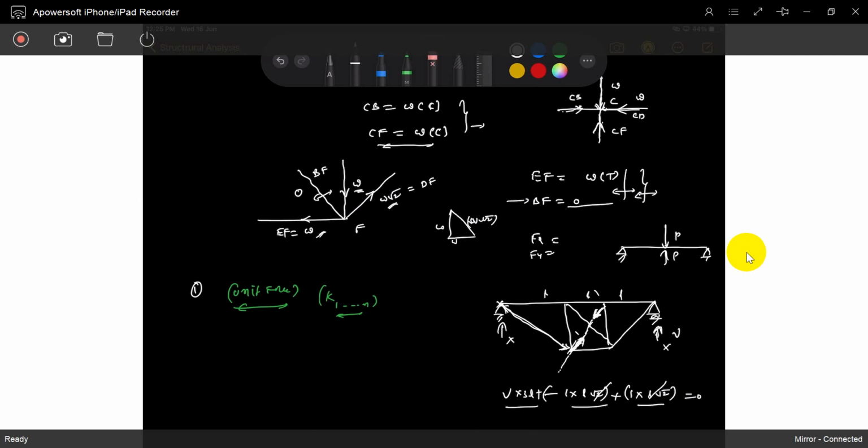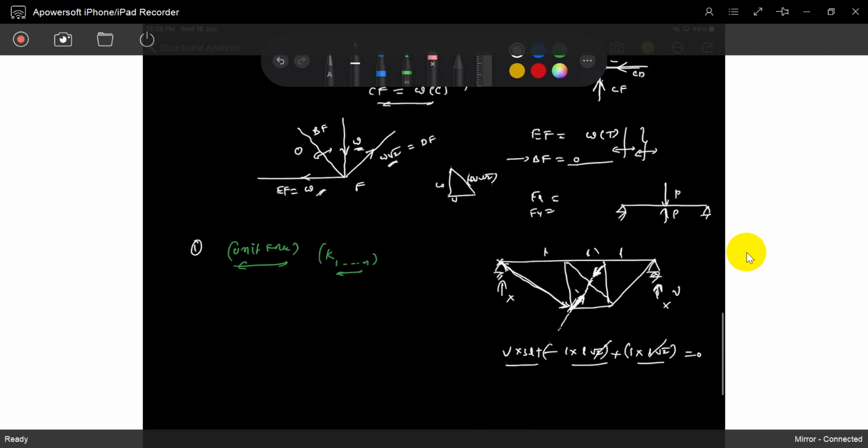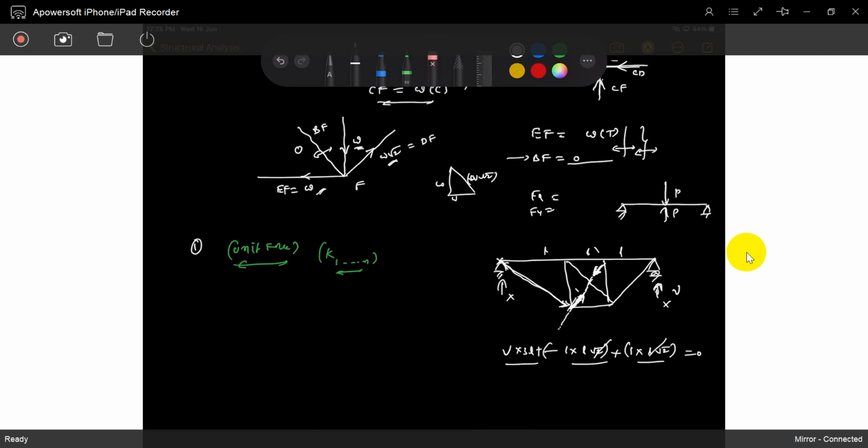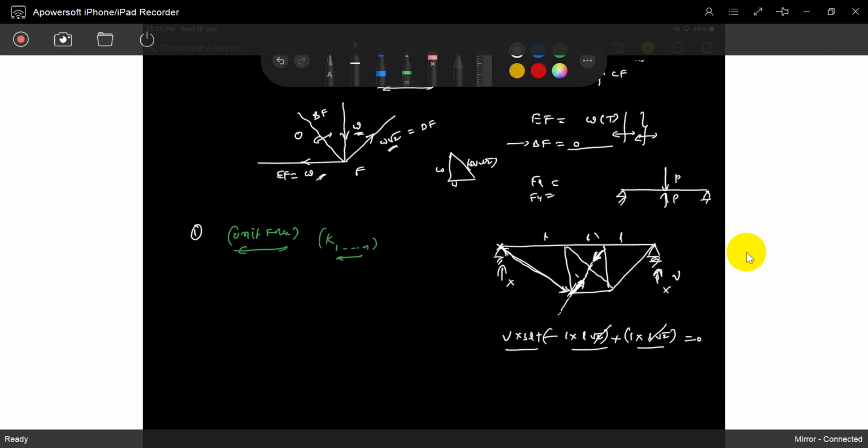So we want to calculate it. We've already calculated each member's forces. There is no reaction at all. So how many members are joining at this joint? 2. If 2 members are joining, compulsorily those 2 members are in opposite directions and equal in amount. Otherwise, both are equal to 0.